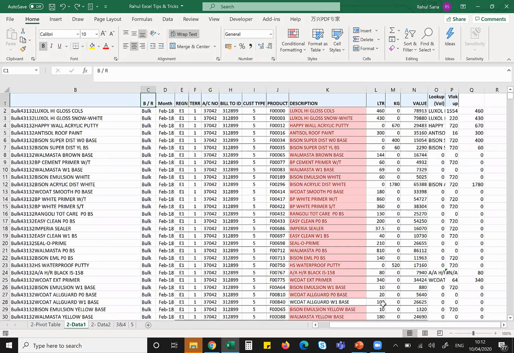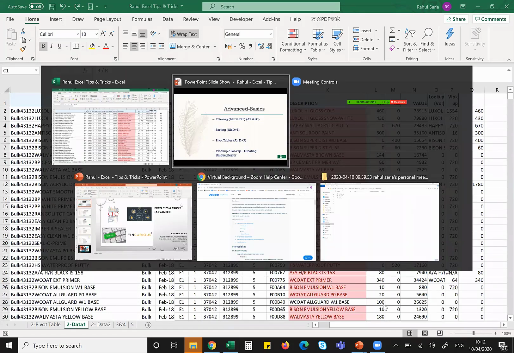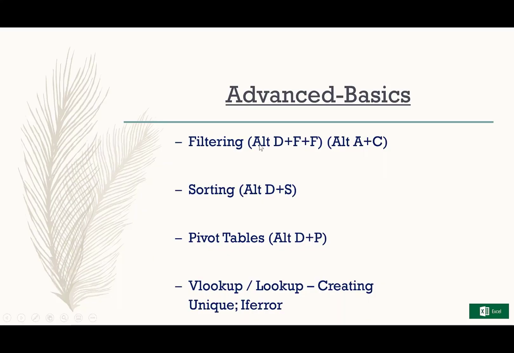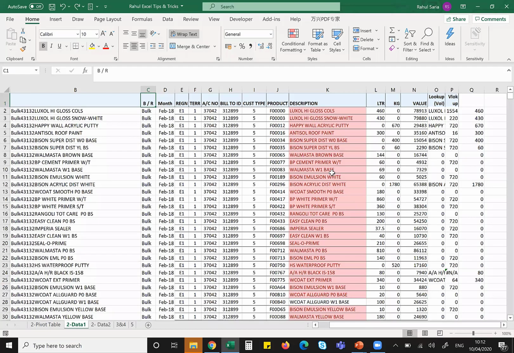I use a filter. The shortcut for filter is Alt DFF, as was seen on the screen. Alt DFF. Now there can be multiple other shortcuts which one can use definitely, but this is what I use. And if you go to Google, there would be multiple different shortcuts that you can use. Another shortcut which is very important is for selecting the whole row. How do I select the whole row? I press Shift plus Space. If I press Shift plus Space, my whole row gets selected.